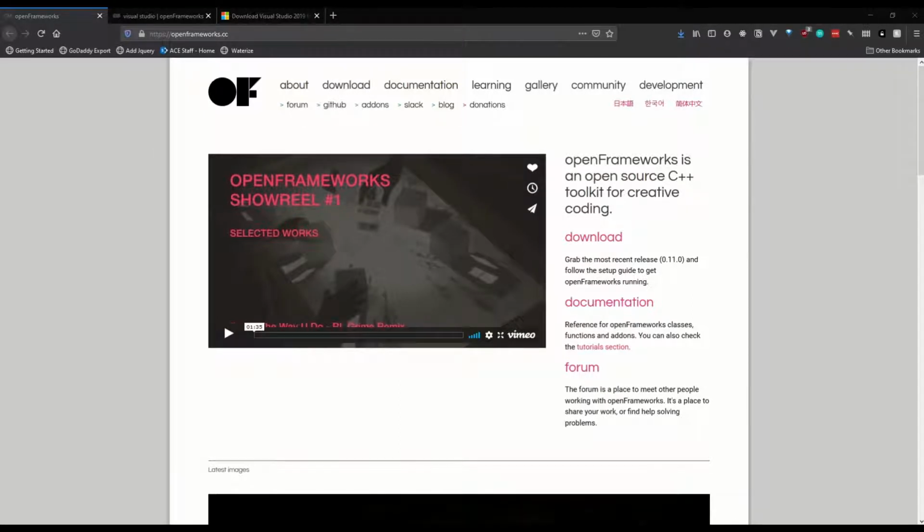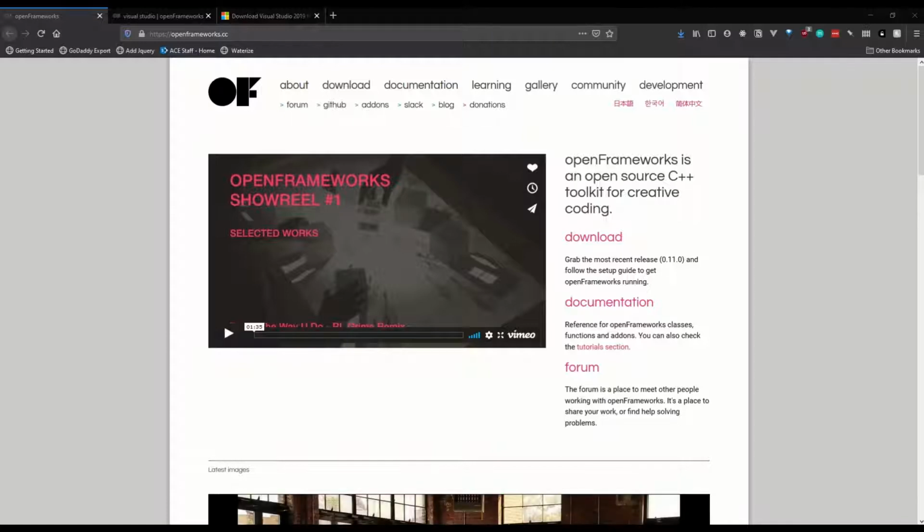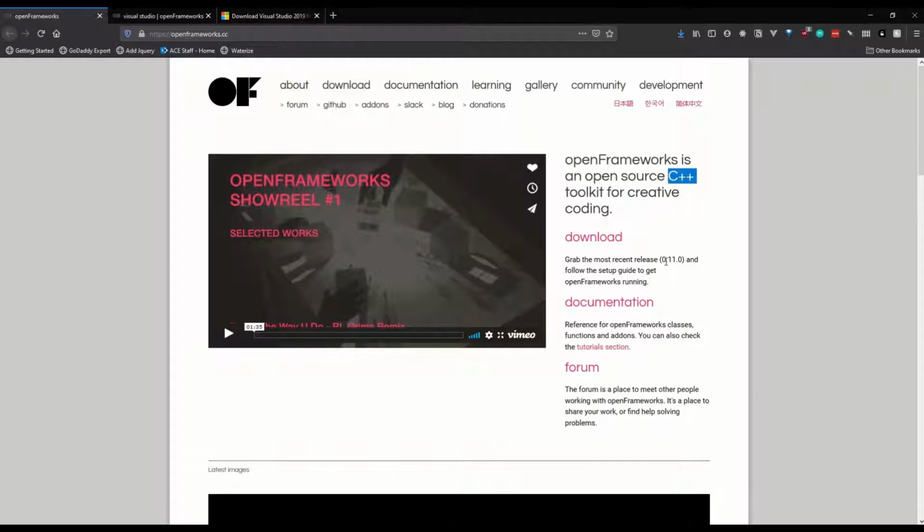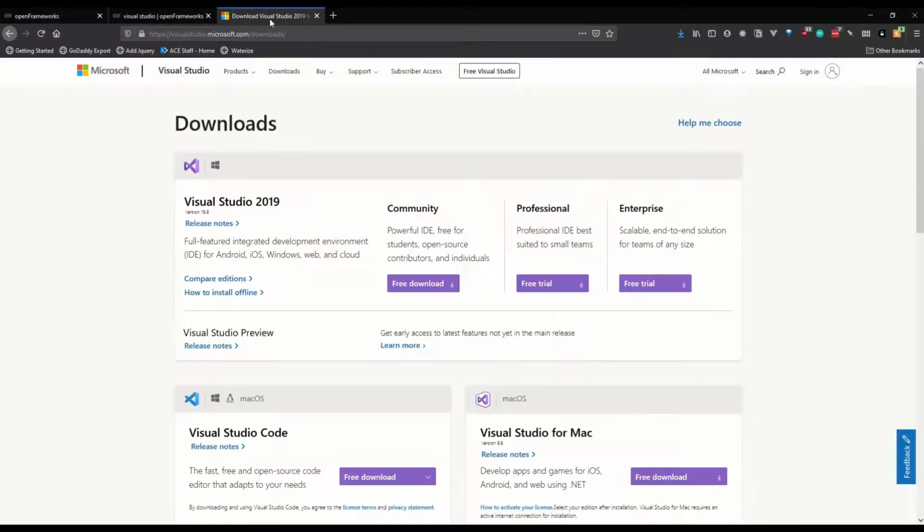Hi, and welcome to my video on making a 3D interactive planet Earth using C++ and the OpenFrameworks Creative Coding Toolkit. Ahead of time, I have already set up my machine with the required components. I have downloaded OpenFrameworks. It is a C++ coding toolkit, so that means we also need a compiler and IDE for C++. And so I have gone and installed Visual Studio